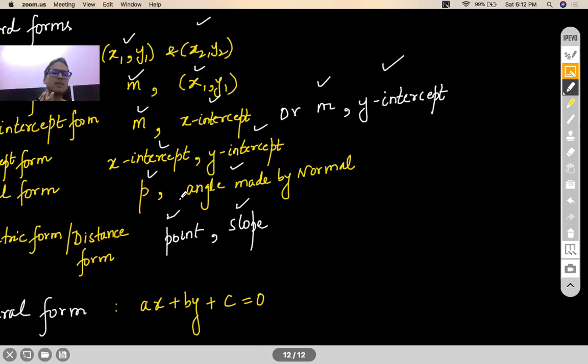Any 2 things you provide me about the line, any 2 pieces of information. Let me be more specific here. If you give me 2 things about a line, I can give you a unique line satisfying that condition. Right? Now,